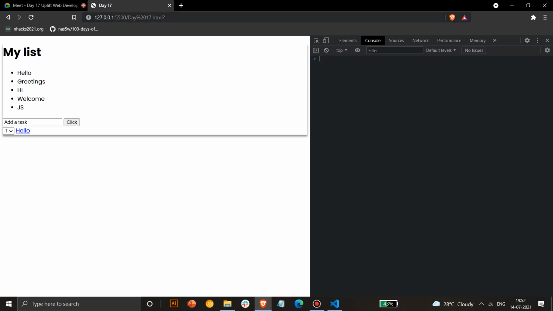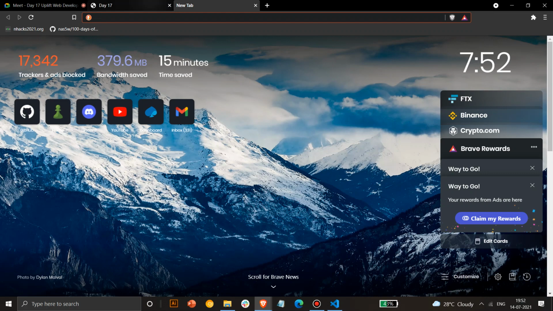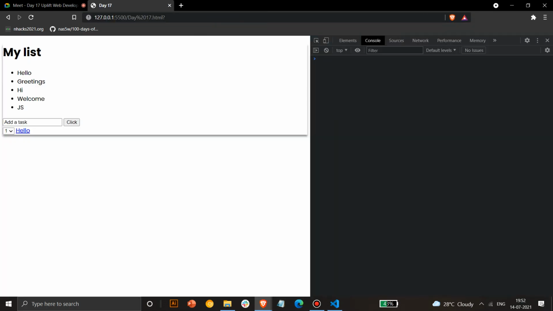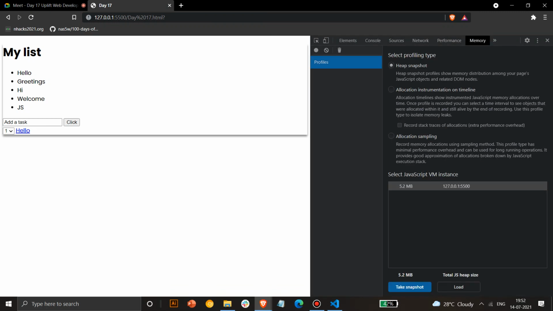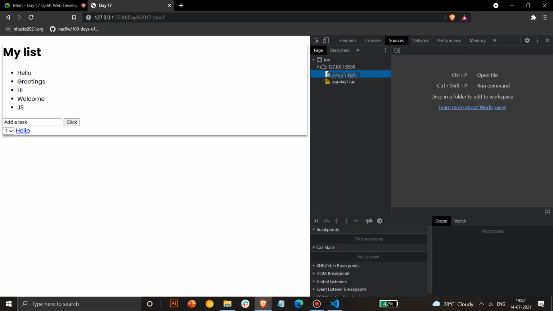So local storages are really useful when you have these sites with cookies and everything. You have seen many sites, they ask for cookies. They want you to accept cookies and something like that. What they do with cookies is save your data. Here you can see memory, and there is something called sources. Here you can see whatever data is saved. There's something called file system. Here you can see whatever data is stored. When we use local storage, I'll show you how this works. But as of now, there's something called local storage. Here you can see all the files that are present, all the pages, whatever data is saved, everything can be seen here once we start using local storage.